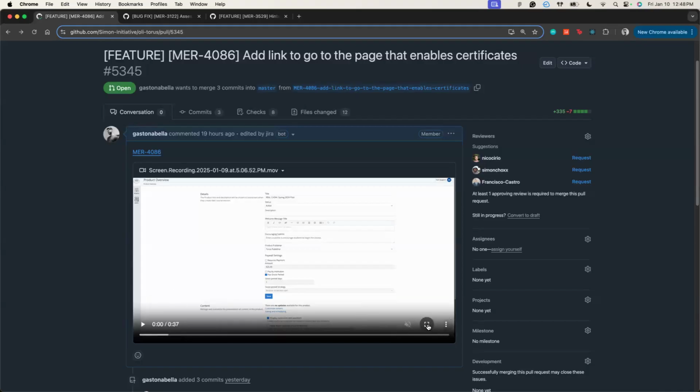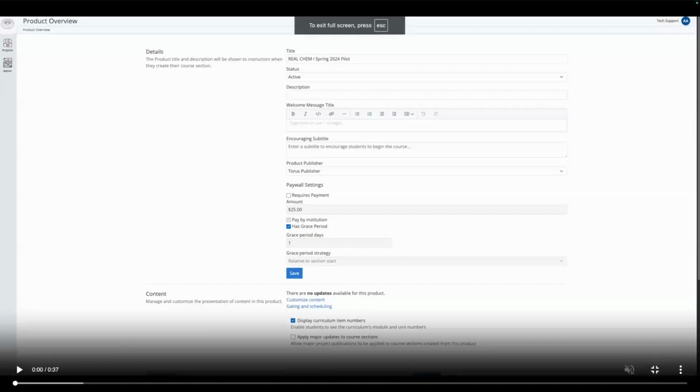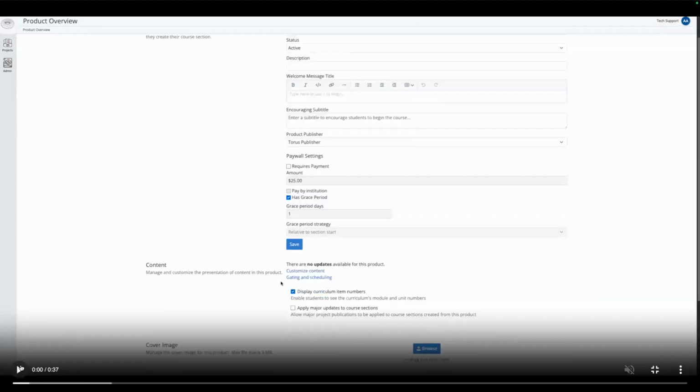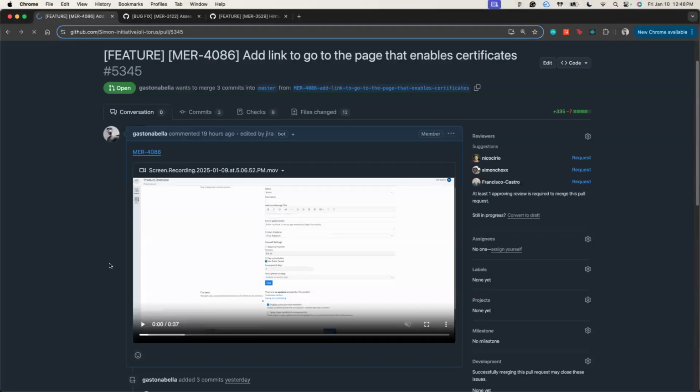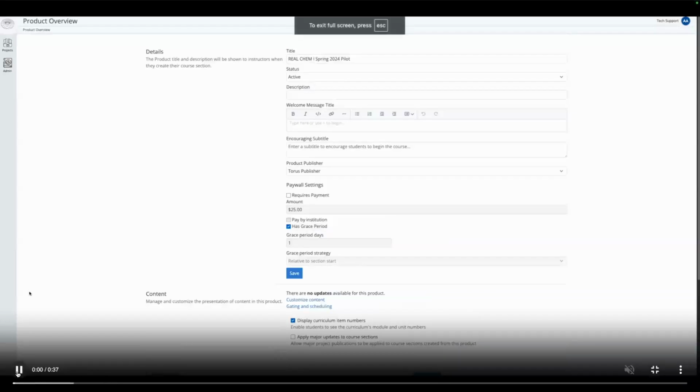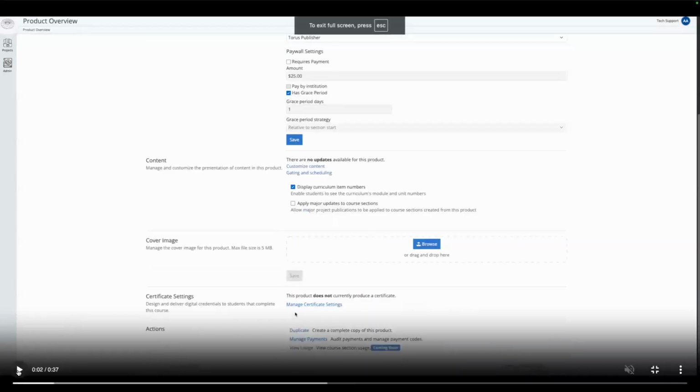So what I'm going to show you right now is just the very first step of the UI. It's something small, and it consists of, as you see, the product overview page. This is the old admin overview page. Sorry, let me refresh because GitHub is a little bit buggy. Okay, so we have the product overview page, and as you see, we have this certificate settings